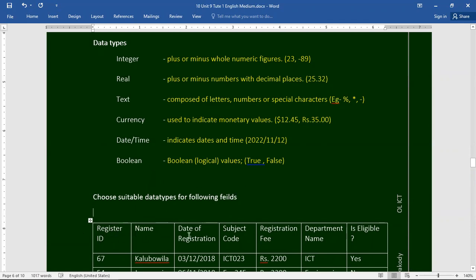Just draw this table and write what is the suitable data type. Let's say the register number is a number. We can use integer. Likewise, you can write, right? Now complete.